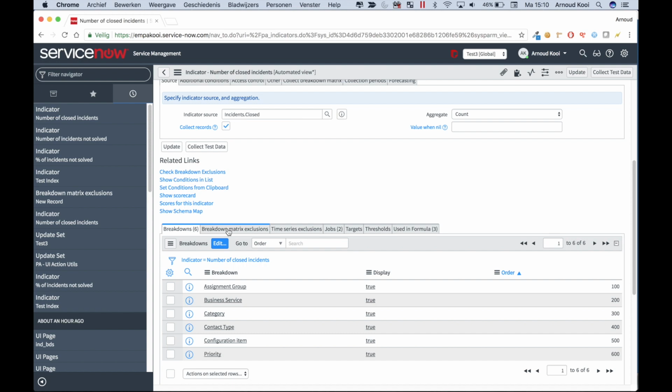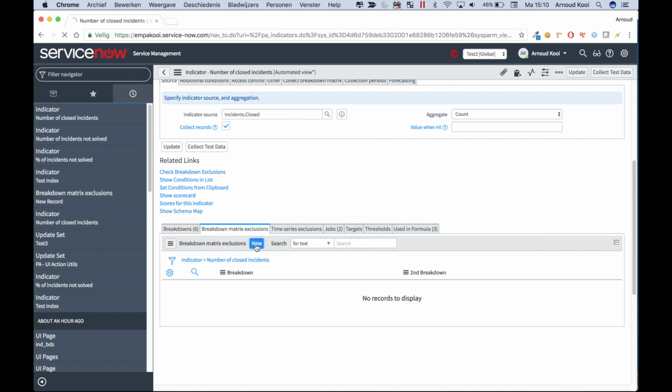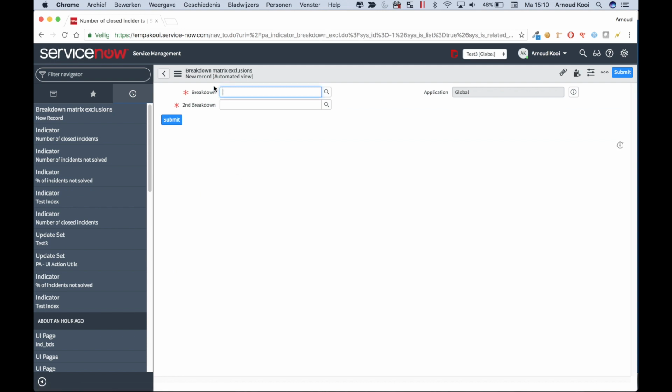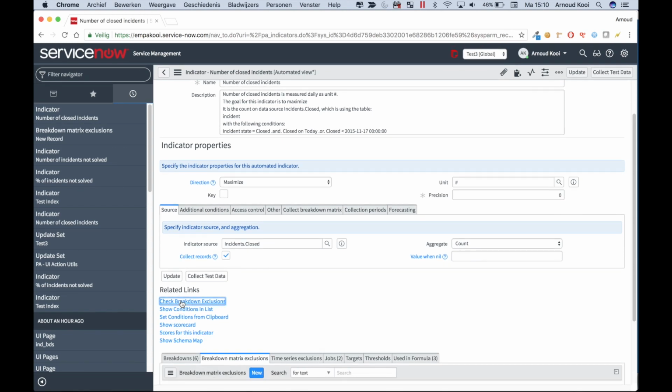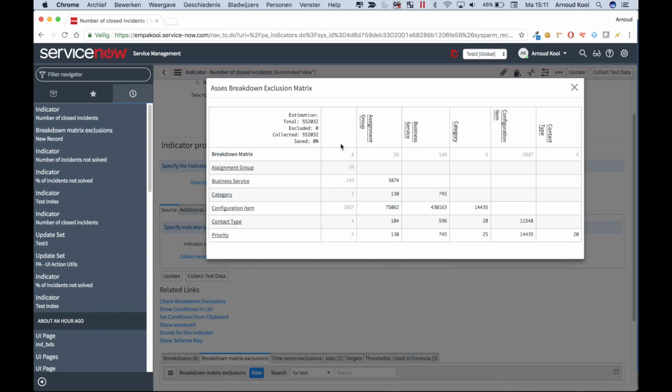Currently, when you have a lot of breakdowns on an indicator, you should apply the exclusions like this by selecting the breakdown in the second breakdown. This is simplified by a UI action. When you click it, you see a matrix containing the results of the